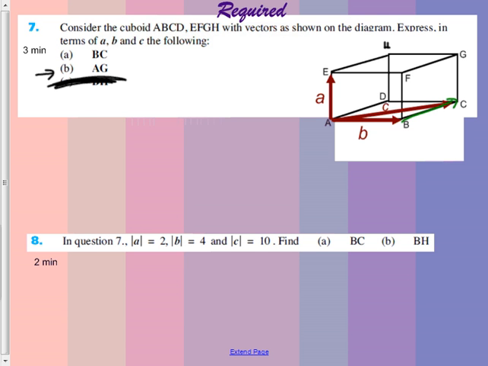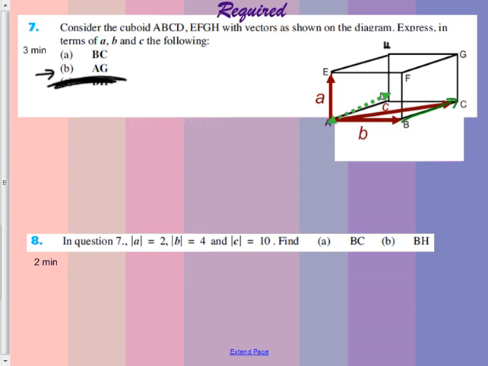But try part B. AG is not one that you can do easily, but there's another one that's exactly the same that would be easy to do. I'll pause for a second while you try that. Okay, some help on this one. I get that AG is not one that you could probably do naturally. Here's AG,